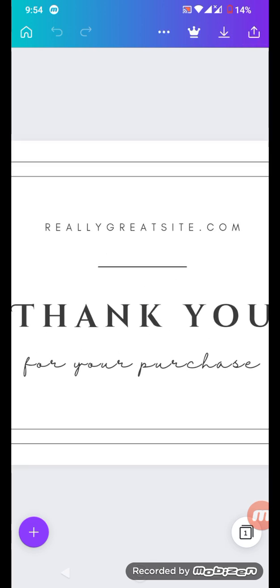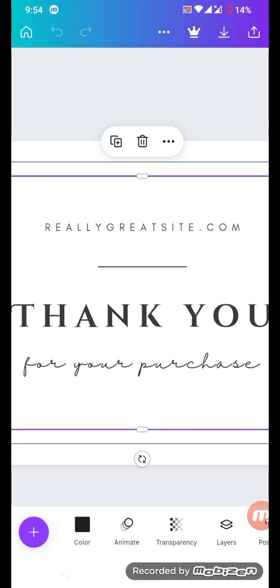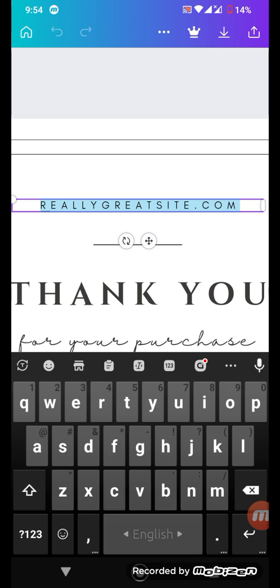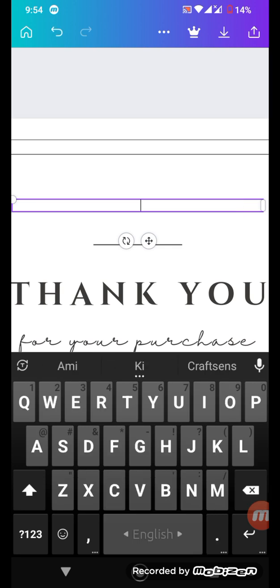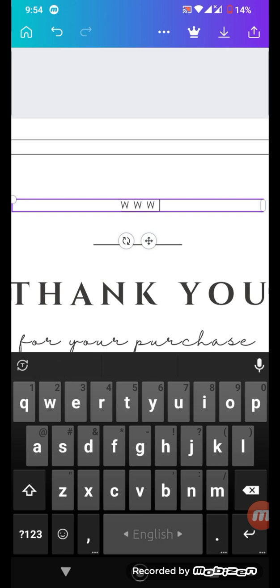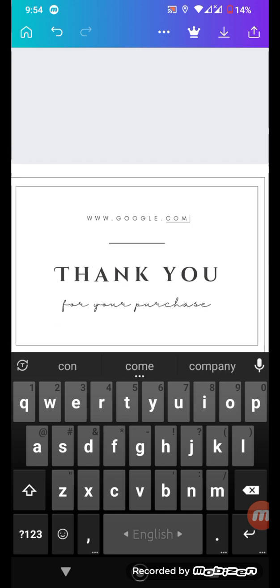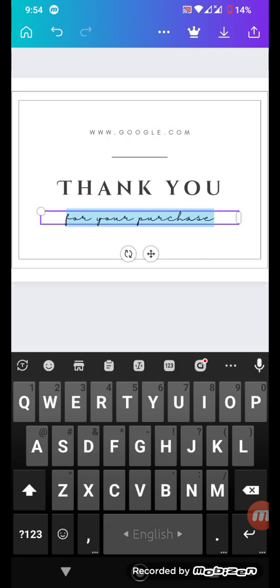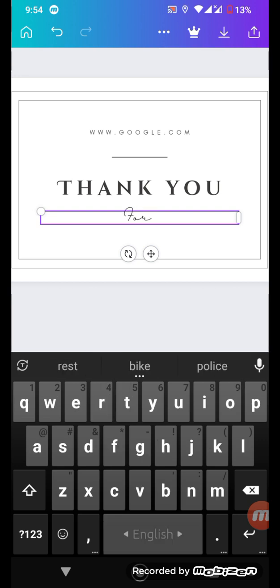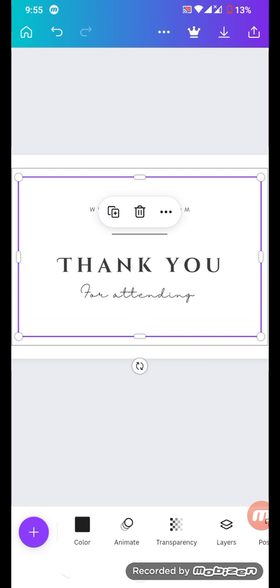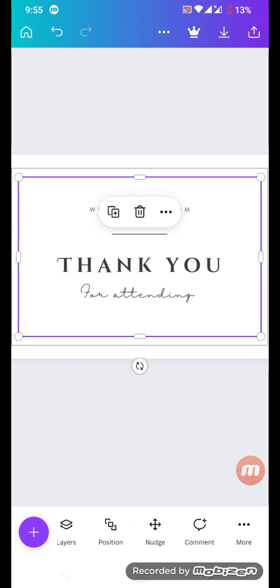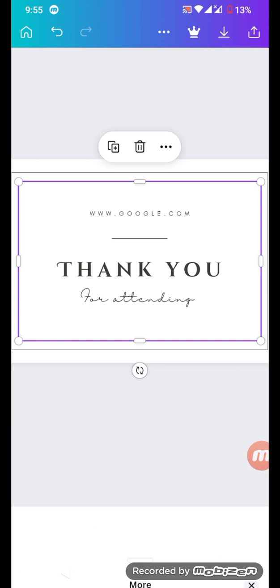Okay, you can edit the text. Double click here and clear. www.google.com. Okay, for attending. Okay,